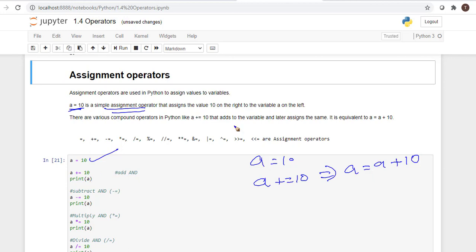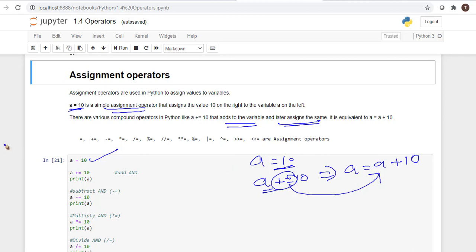What happens is it adds to the variable, then assigns the same value back to the variable. Here a is equal to 10, first add 10 to a and assign the same value to a again. So the operator adds to the operand, then assigns the result to the variable again.